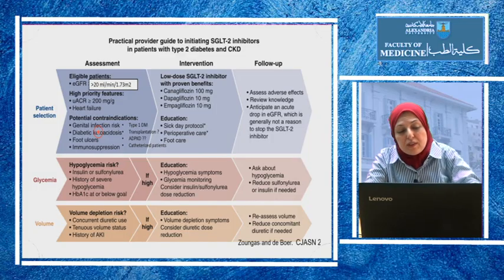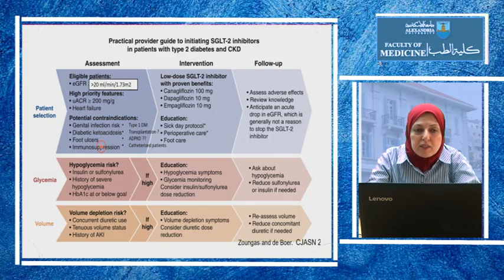One of the potential contraindications was immunosuppression, but now it is being increasingly used in patients with transplantation and in patients with glomerular diseases. So again, this contraindication is relative and has been changed. In patients with type 1 diabetes, it's preferred not to use because, again, they are at increased risk for euglycemic diabetic ketoacidosis. As we said, in transplantation, there is newer evidence that they have been used successfully in transplant patients and they decrease the progression of chronic kidney disease in these patients.